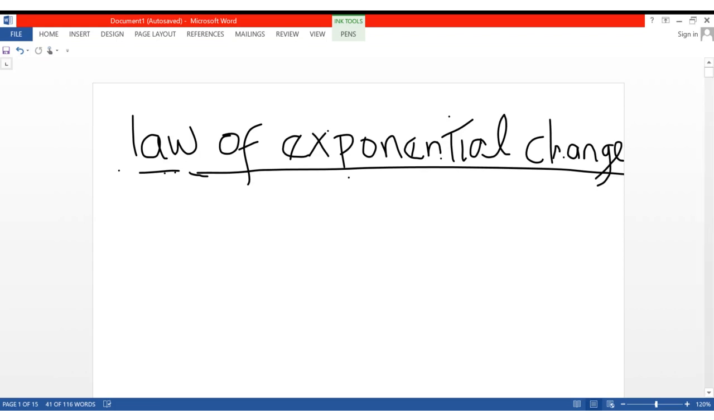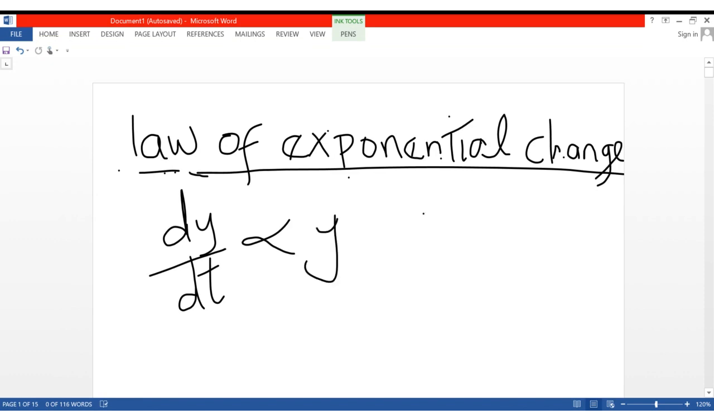So the law of exponential change, basically, it says that the rate of change of any amount, that is the rate of change dy over dt, when you hear a rate, basically there's a time component in it, is proportional basically to the amount, where y is the amount